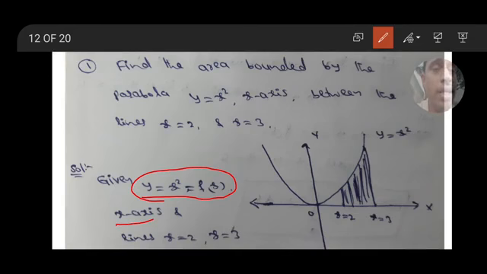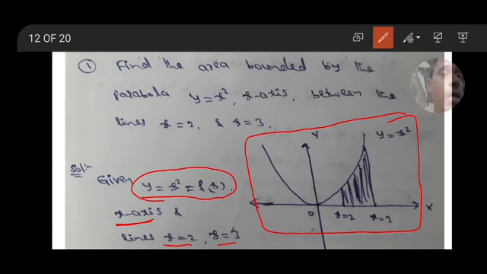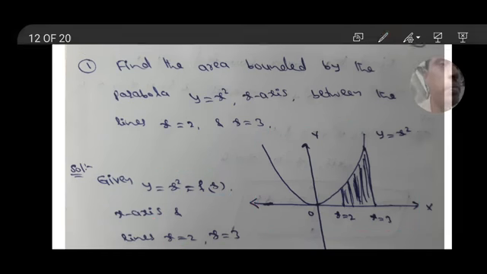And here given the x axis, and it is the a value and it is the b value, substitute in the formula. Diagram is not compulsory. If you know the diagram, draw the diagram, otherwise no need to write. Okay. Next